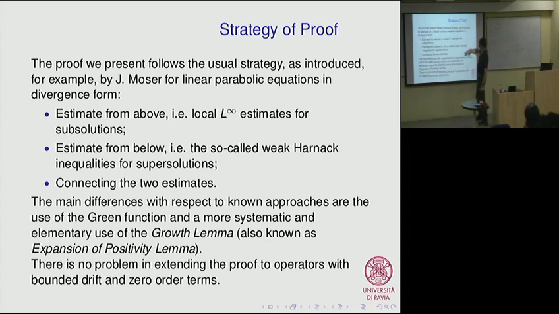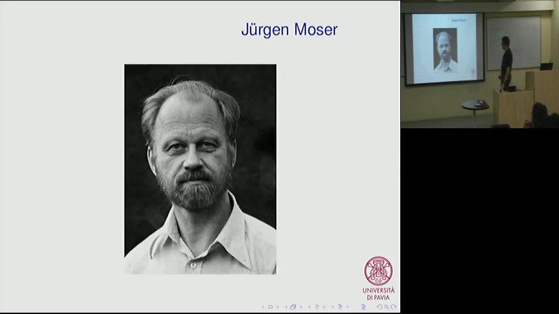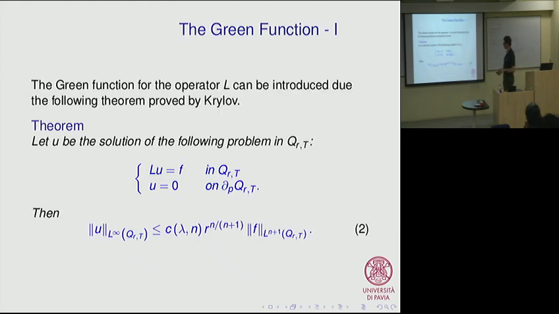This approach, so showing the estimate from above, estimate from below, and connecting them, has been introduced, for example, in the context of linear parabolic equations in divergence form by Jürgen Moser, and here's the guy. Again, because we frequently speak about mathematicians, but we never know what they look like, what kind of face they have, so they might be like goths, but they were real persons, and this is the guy. By the way, Jürgen Moser was an extremely nice guy, beyond being an extremely good mathematician. Okay,